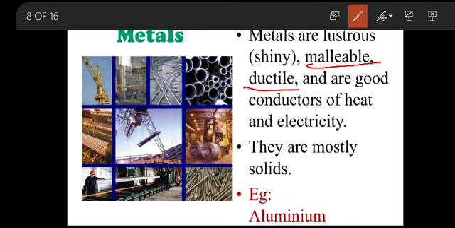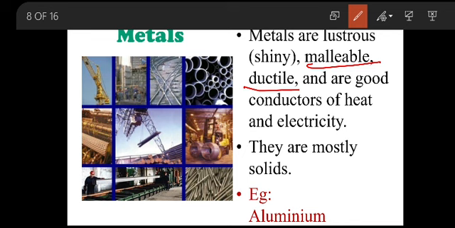Ductile means it can be drawn into thin wires. From an element, through the mining process, the element will be taken out, and after so many operations in the industry it will be given to us for our benefit. It will be made for human usage. Like your copper wire. Copper is initially an element. That element is operated on in the industry by machinery, and then we have the copper wires running in the cables.